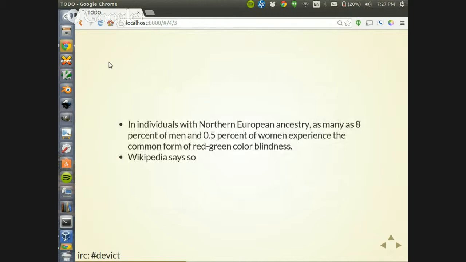Now, this was what I found for color blindness. As far as stats, I realized that I had not found something specifically for color blindness, but I got to an empty section of my slides. So that's why I stuck with the stat for Northern European ancestry. But 8% of men, statistically greater occurrence in males, but still, somewhat common.